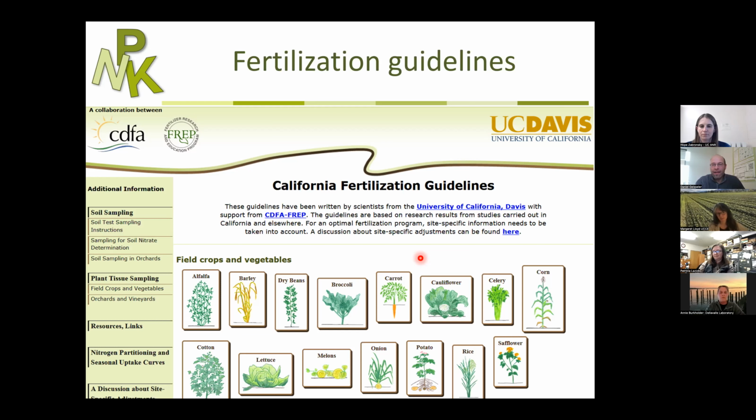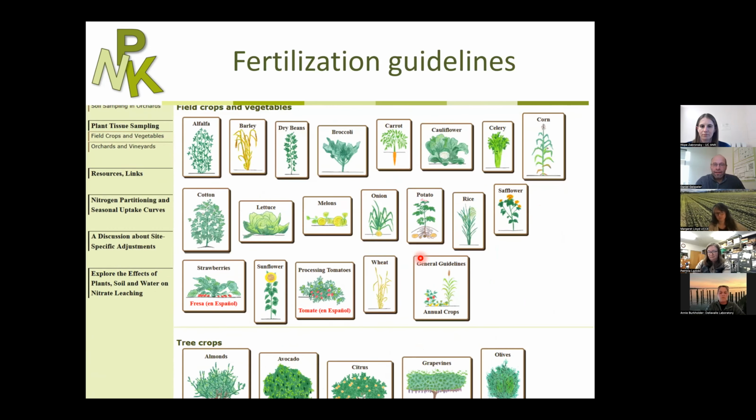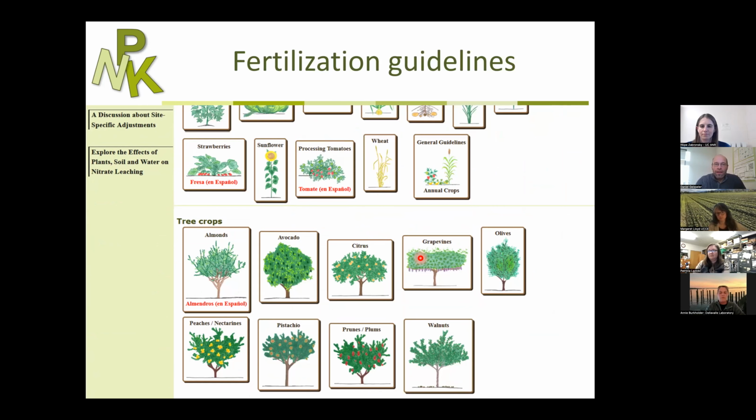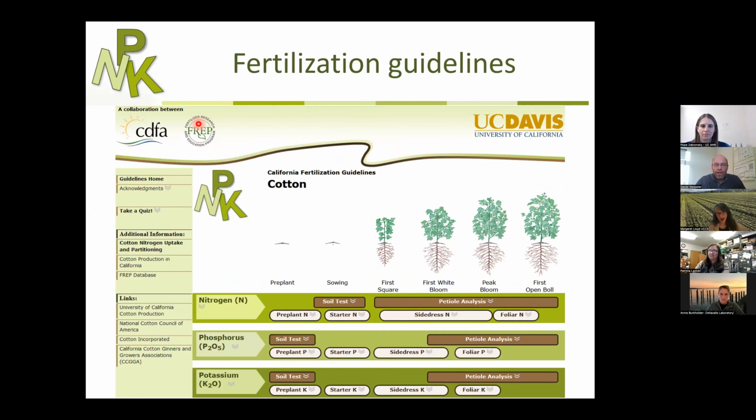So far, we have developed guidelines for about 30 crops, including annual crops and some tree crops. So when you go to these guidelines, let's say you click on cotton, you will find information on nitrogen, phosphorus, and potassium. For some of the crops, a micronutrient may also be included if it's important for that crop. And you can find information on soil testing, plant tissue testing, and